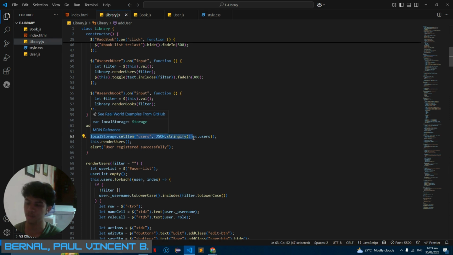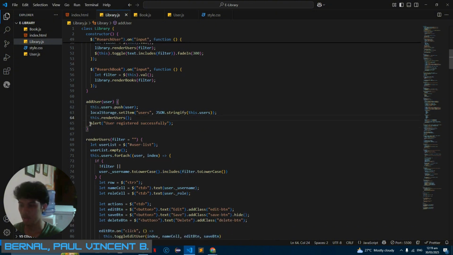So if the users are displayed in the table, whenever the application is closed or refreshed, the record is always displayed in the table. That's the use of local storage. Also this dot render users. There's an alert message for user registered successfully. Later I'll be showing you the output for that.